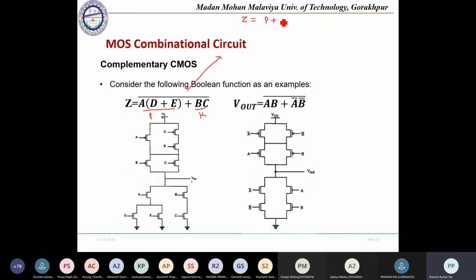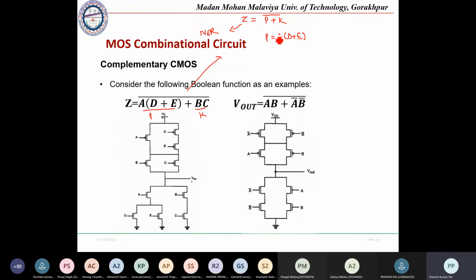Okay, so P plus K, this is how we can represent. So this is what the NOR representation is. Okay, NOR representation is there, same as this one. And similarly we can see P was A into D plus E. Okay, so in that case